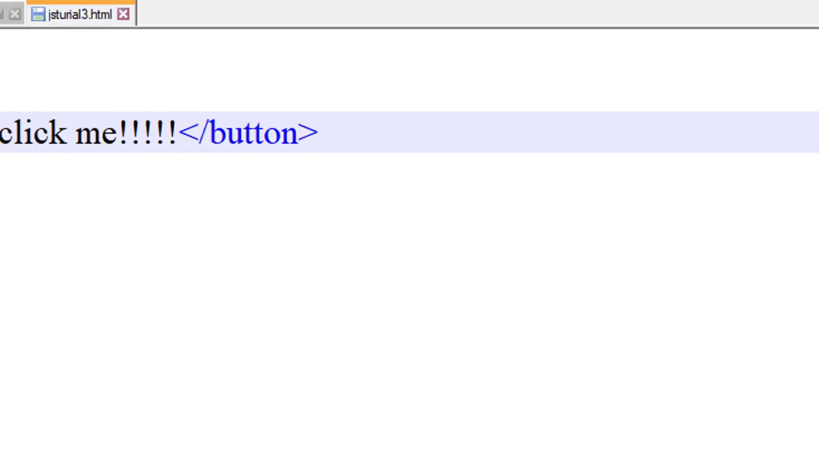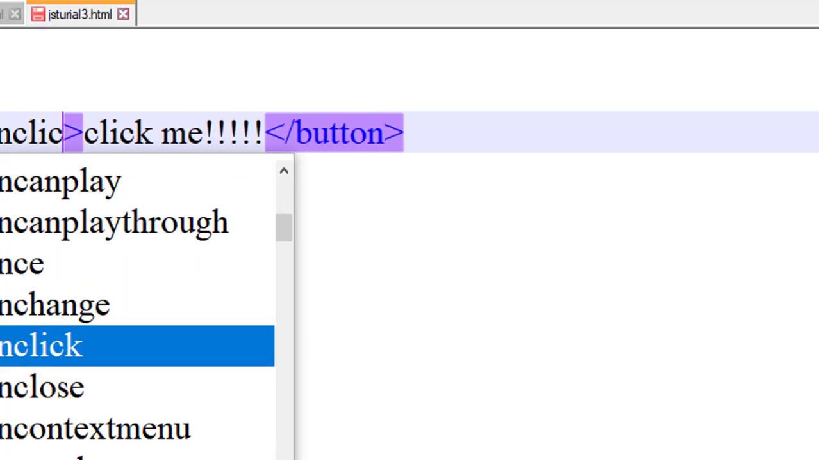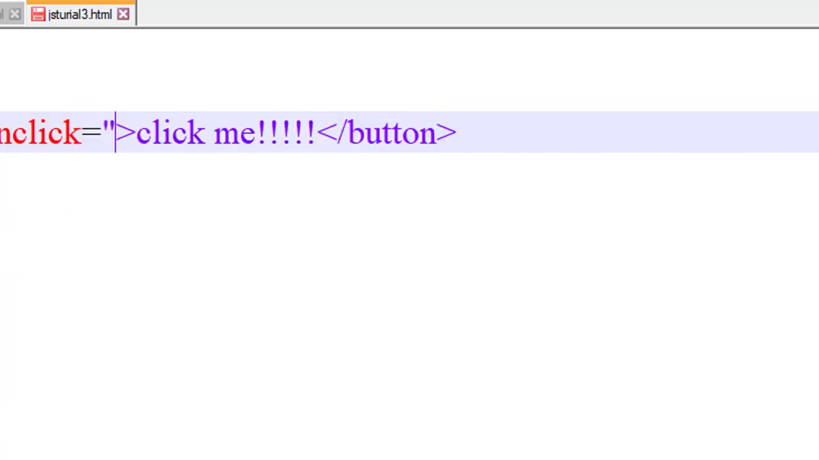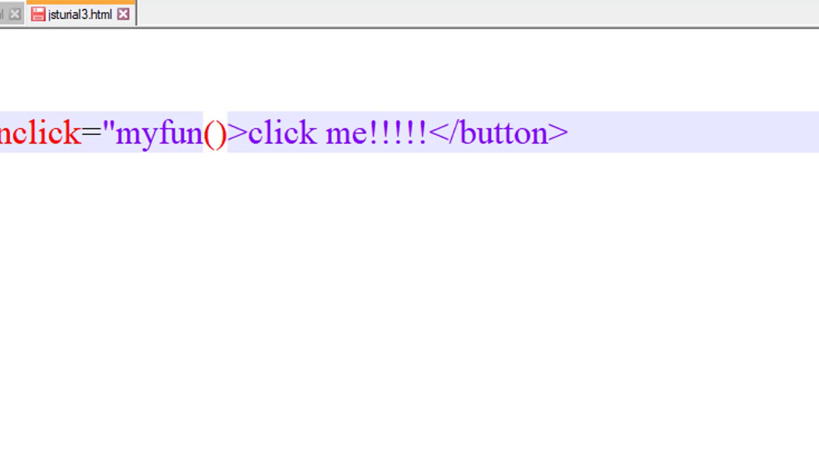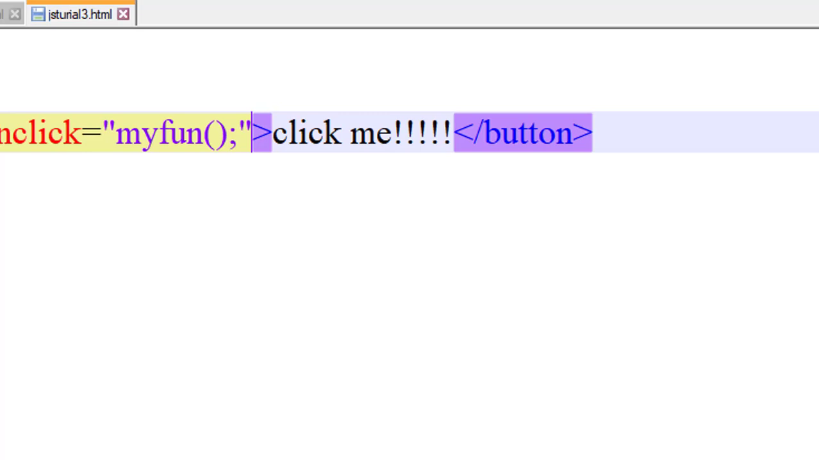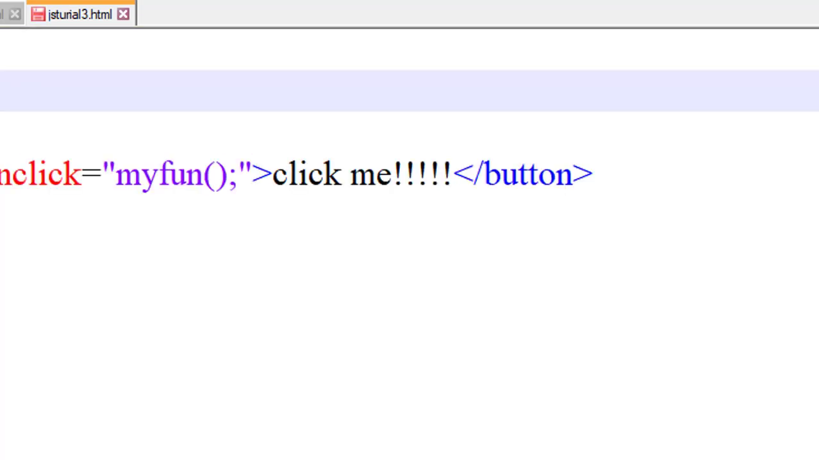Okay, so I want one function here. If you saw my previous video, then you will get to know that we have created some functions, we have declared some functions, and then we have used them. Okay, so onclick equals myfunction semicolon double, just save this and now I will create myfunction in the head tag,